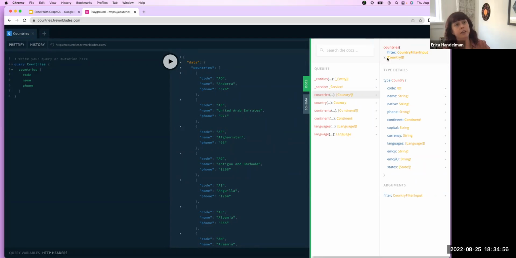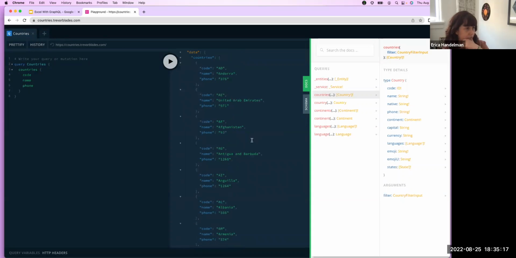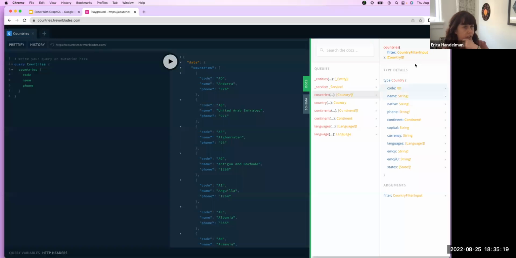So I knew I could expect that, right? Part of the predictability of this schema or this contract is that I know when I run this query that I'm going to get a list of countries based on the country type in the square brackets over here. So I've got a lot of countries to choose. This returns, I guess, every single country, or I could add some filtering, it looks like, with the country filter input. I'm not going to try to do that because I think that might be a little too complicated for